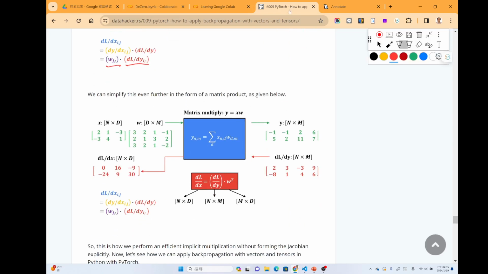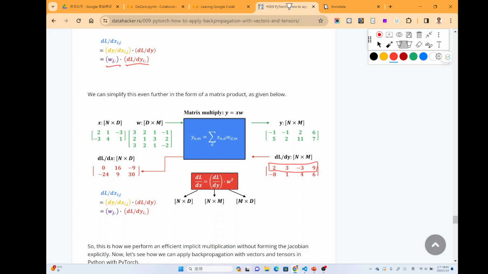So we just take one of the columns from one of the rows from this here, and we can get one of the rows here.